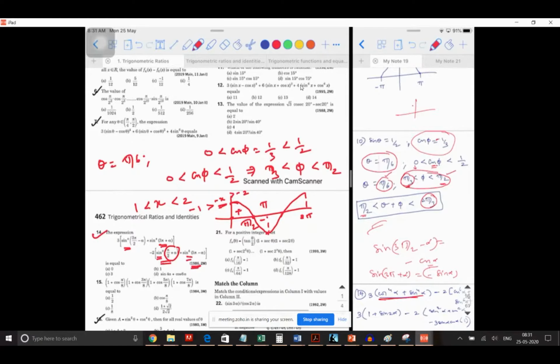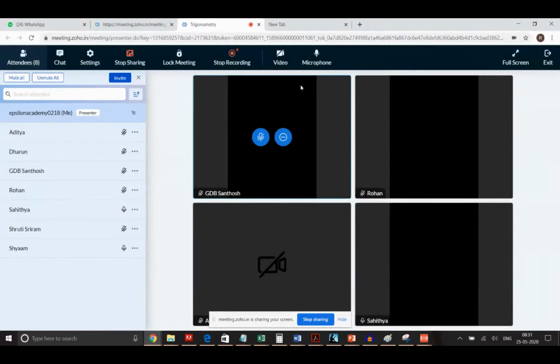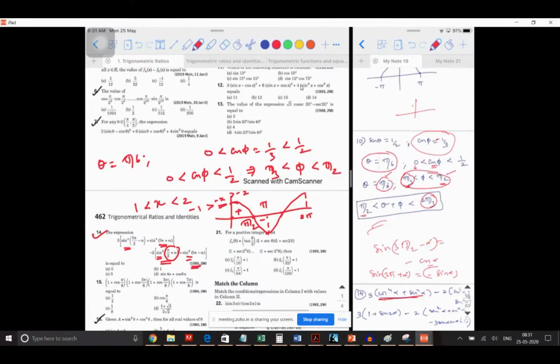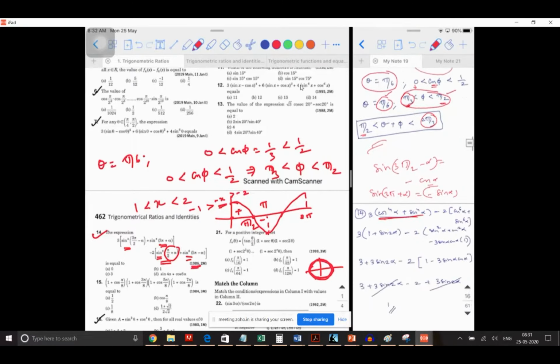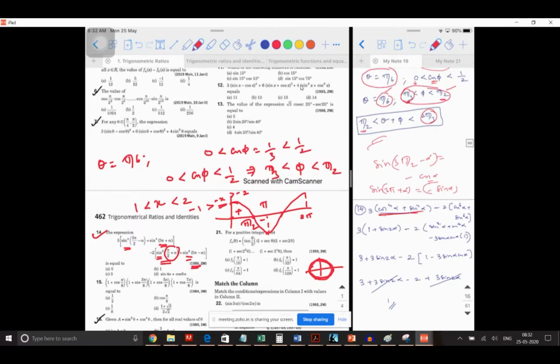Similarly, 5 pi minus alpha, which quadrant is it? 5 pi minus alpha is second quadrant. 2 pi, 4 pi, 5 pi is here. Sorry, third, 5 pi is here. I'm sorry. 2 pi, 4 pi, 5 pi. Okay, you're right. So it's second quadrant, sine. So again the same thing. Yes, constant. So now you know how to handle cos power 4 alpha plus sin power 4 alpha and